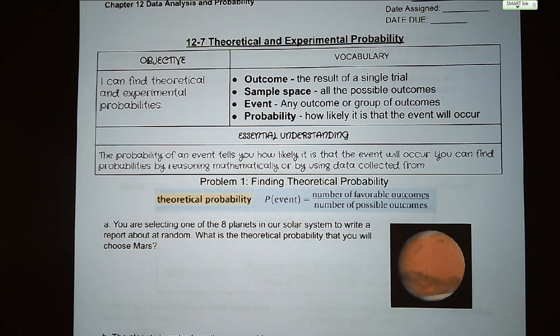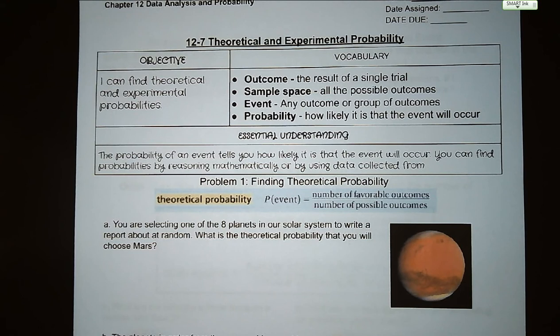We have a couple vocab terms to go over. First of which is outcome, which is the result of a single trial. Sample space is all of the possible outcomes you could have. An event is any outcome or group of outcomes, and probability is how likely it is that the event will